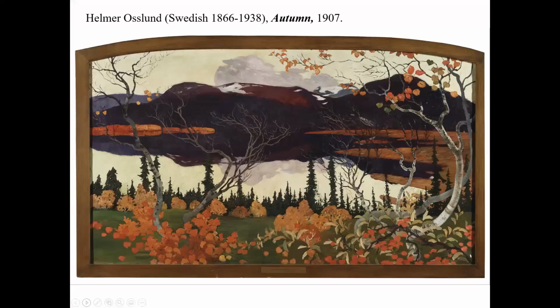But by the end of the 19th century, we've moved to something a little different. We've gone beyond the idea of naturalism into symbolism, where we try to find something poetic in the landscape. So Autumn by Helmut Oslund, who is Swedish, is a good example of this. You can also see that he's taken an abstract impression here of nature, stylized trees, the mountains and the lake, making a flat pattern, rather like wallpaper almost, in terms of him trying to create his poetic impression of the